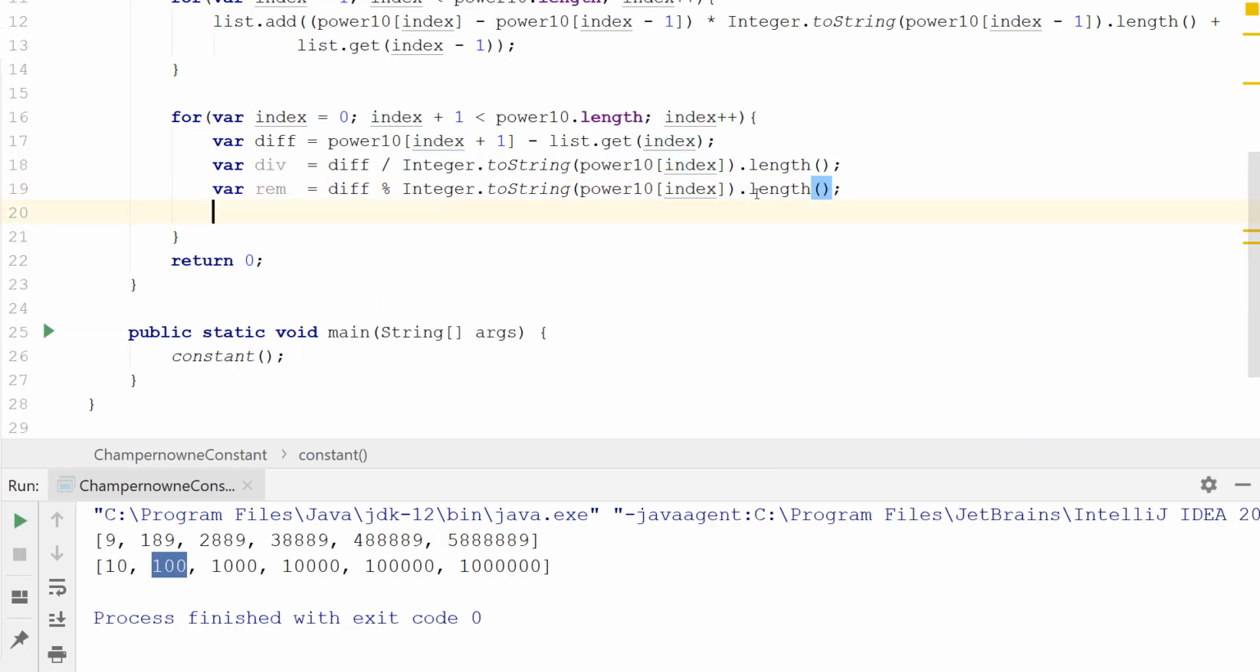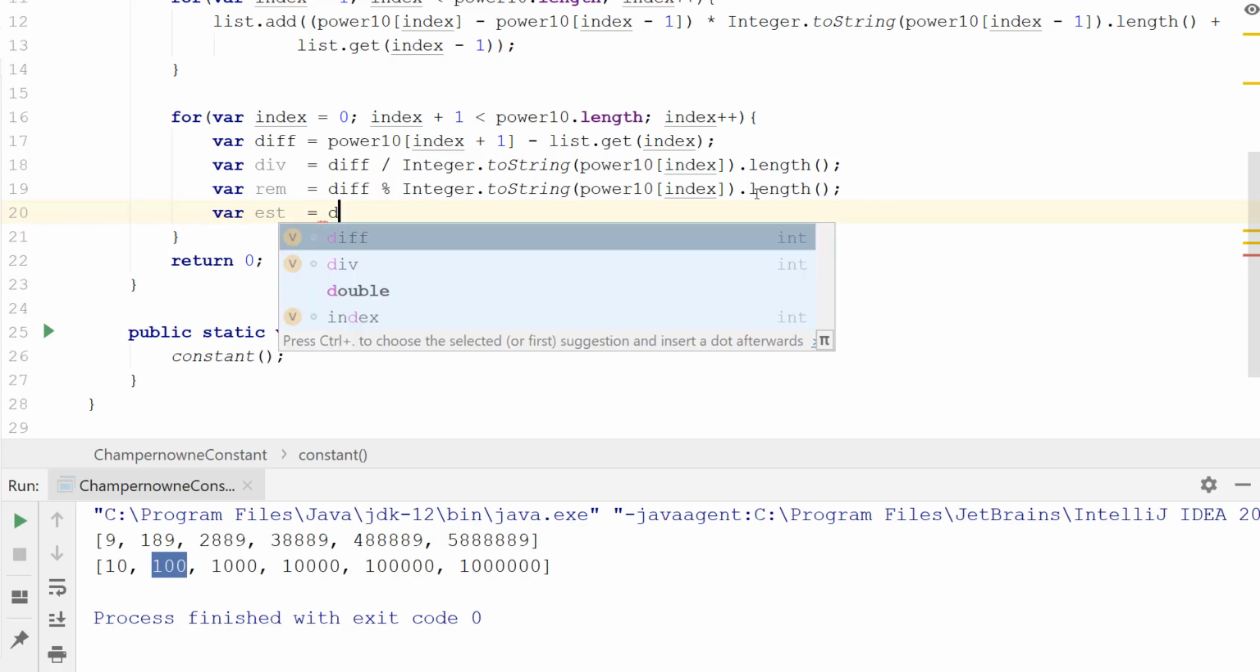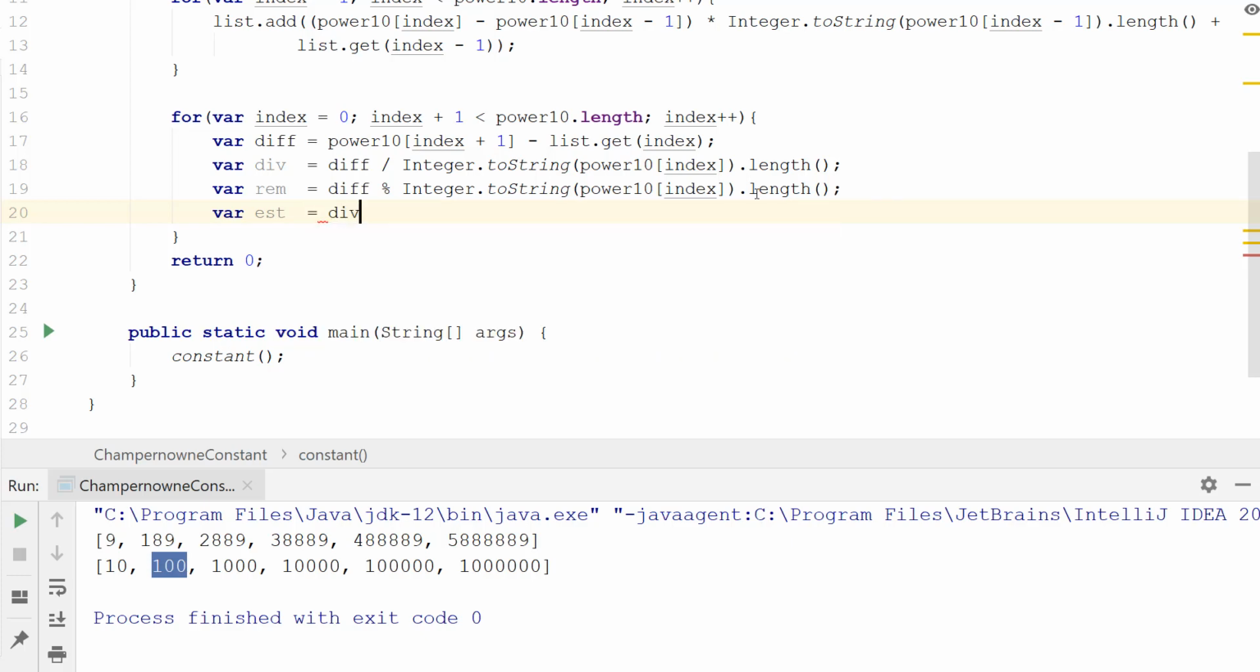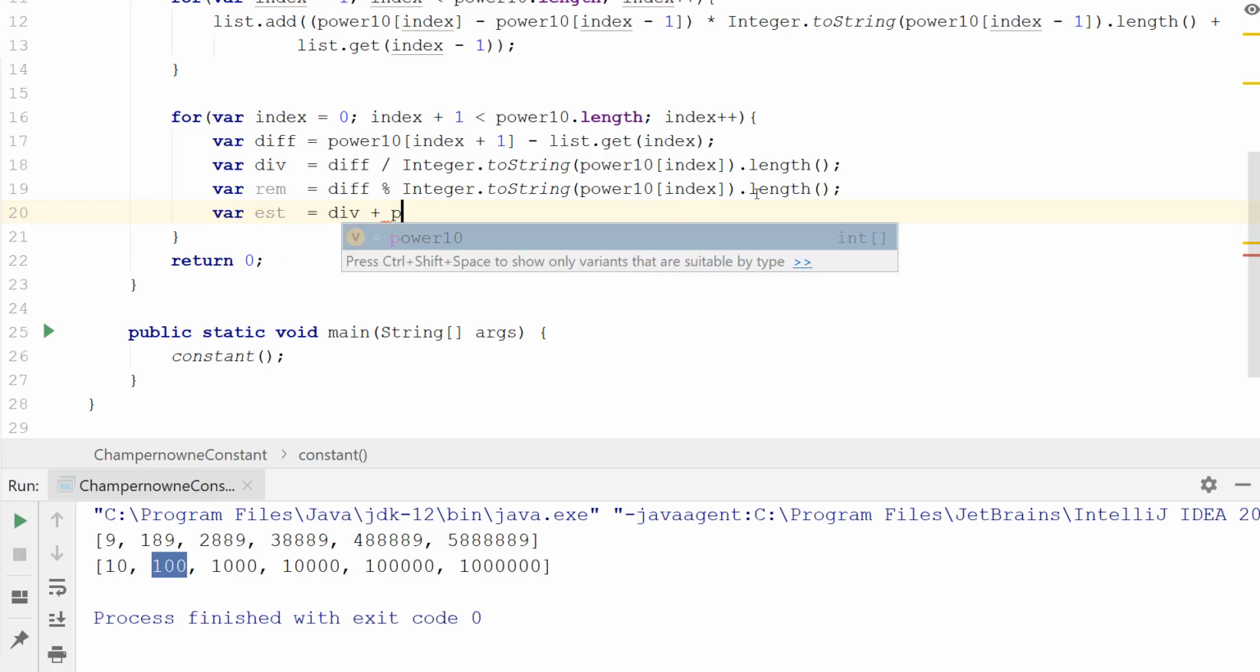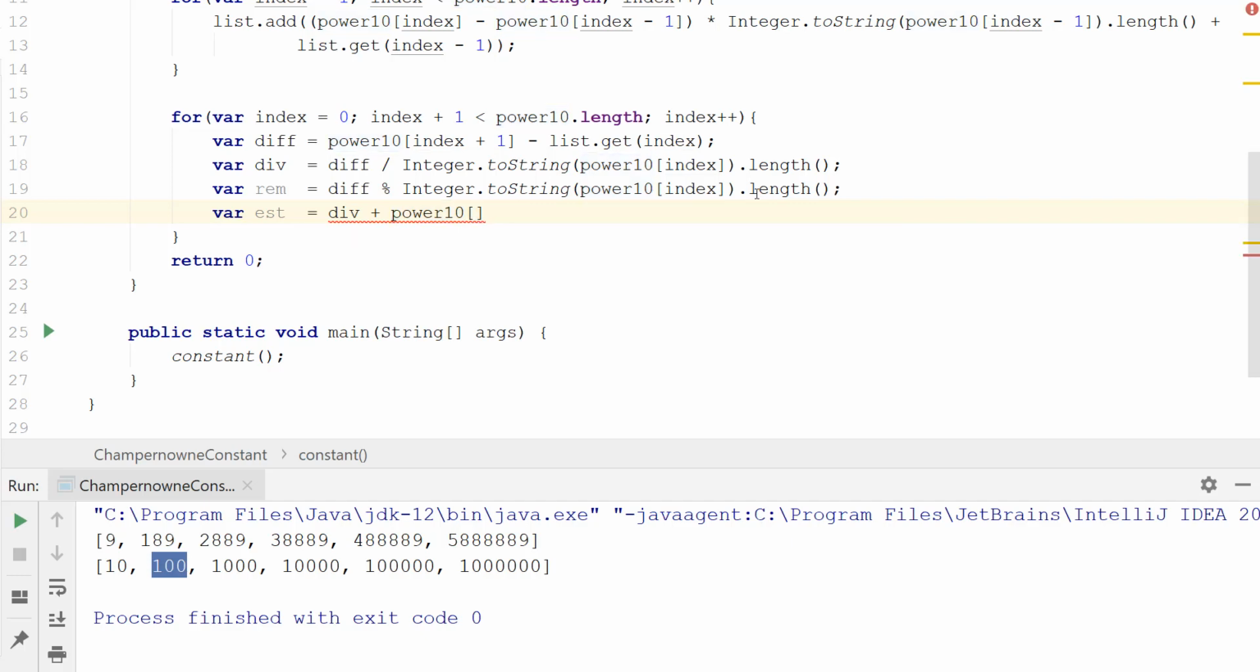And then what we need to do is grab the estimate. So I'm going to say var estimate is going to equal the div plus power, using the current index, and we're going to subtract 1 from that. So let's say we're working with 1000, it should be 9999. Okay,